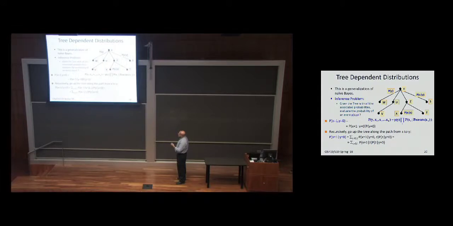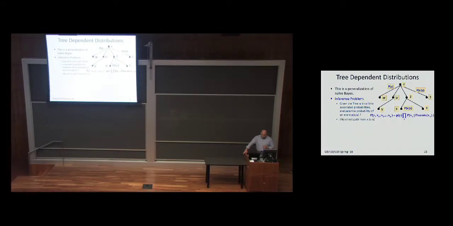P of Z given Y is also given as part of the definition because there is an edge here. So basically, I know how to compute this probability distribution also. Again, I managed to write it in terms of the CPTs. The only other thing I still need to convince you of is what happens if you define an event that involves variables that do not have a direct path.